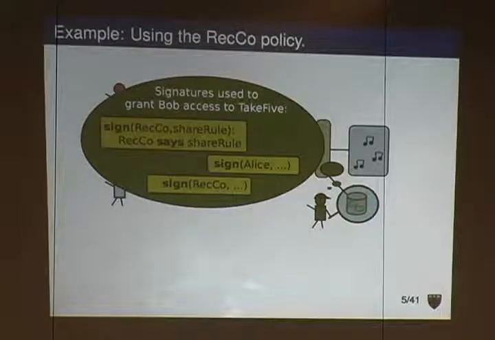And in the case that somebody wrote down a policy statement that was incorrect, we know that Bob was blameless, and we need to go talk to the record company or talk to Alice about the way in which they're delegating their access rights. So audit gives us a way of checking up on these policies after the fact.